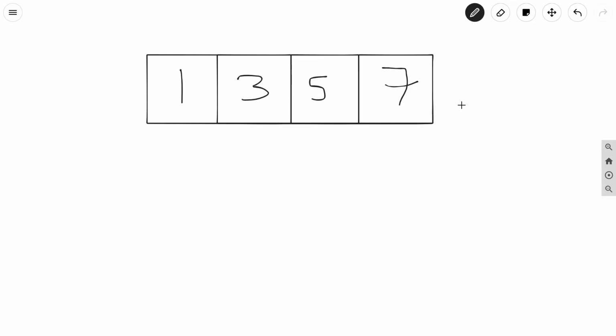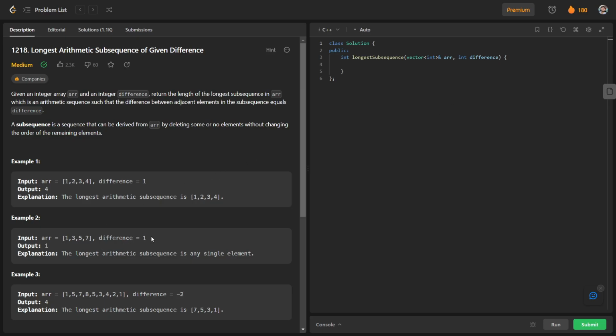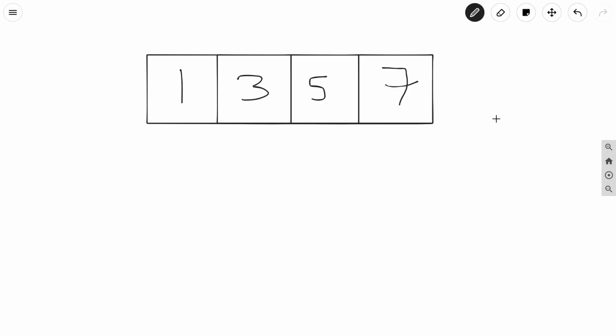This is our second example, and as you can see, the difference is going to be 1. So I will write here 1. Again we will do the same: we will iterate in the reverse way. We will go to the last number, and as you know, there is no number after this last index. So we can just take the last number as a sequence, and the length will be nothing but 1. So for the last number we will write the length as 1.